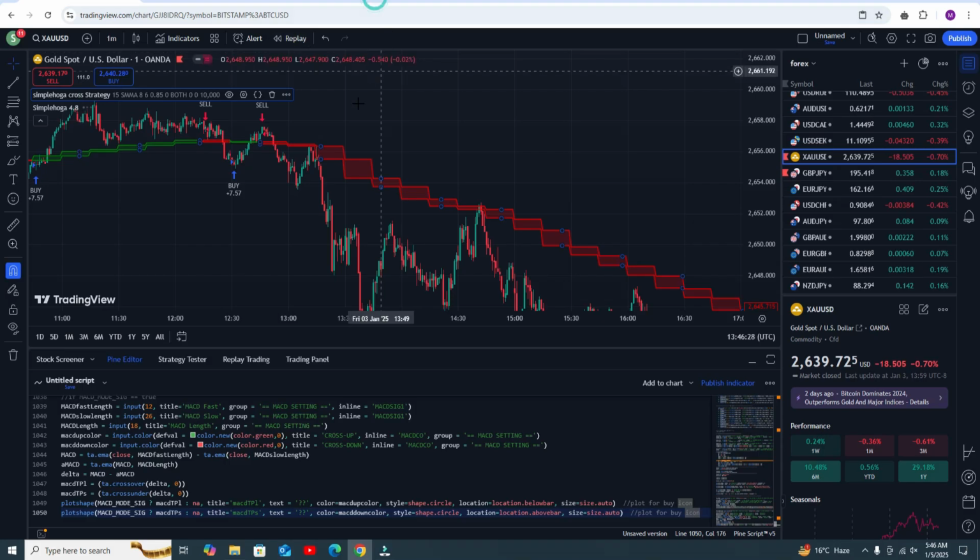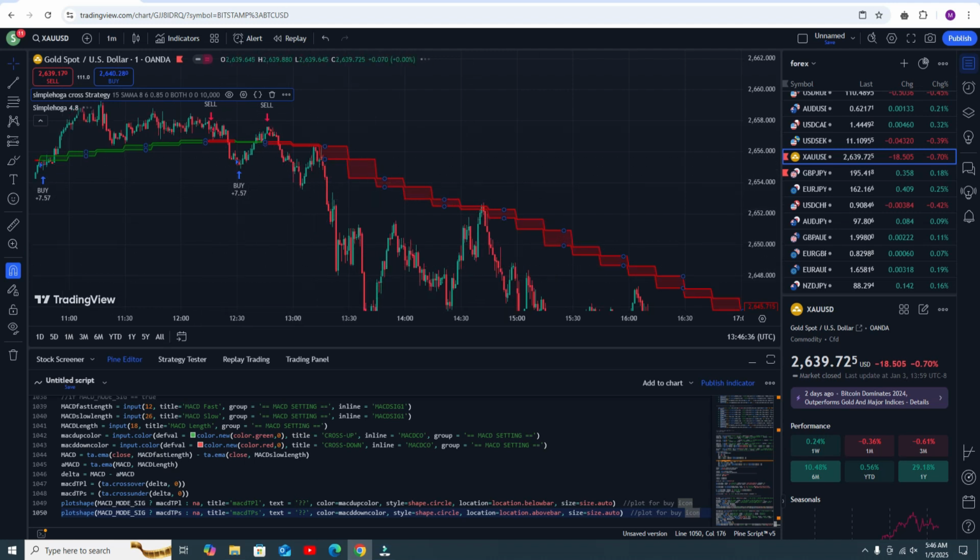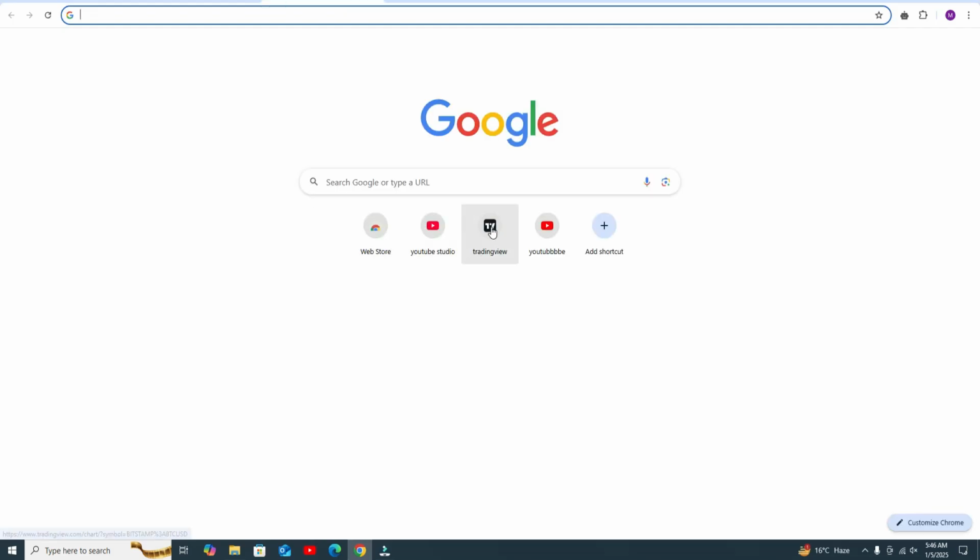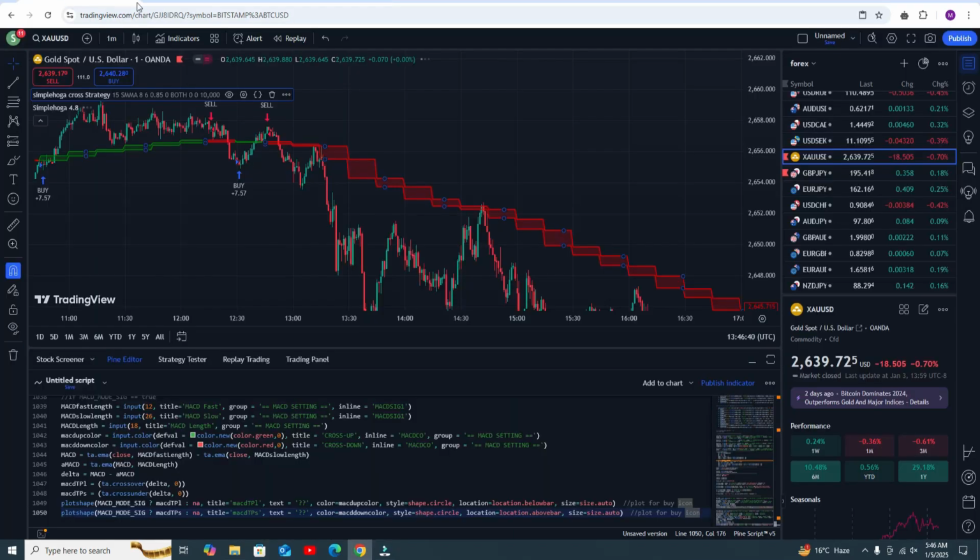We need to open TradingView again. It's still loading, and hopefully, okay, now it's working fine.